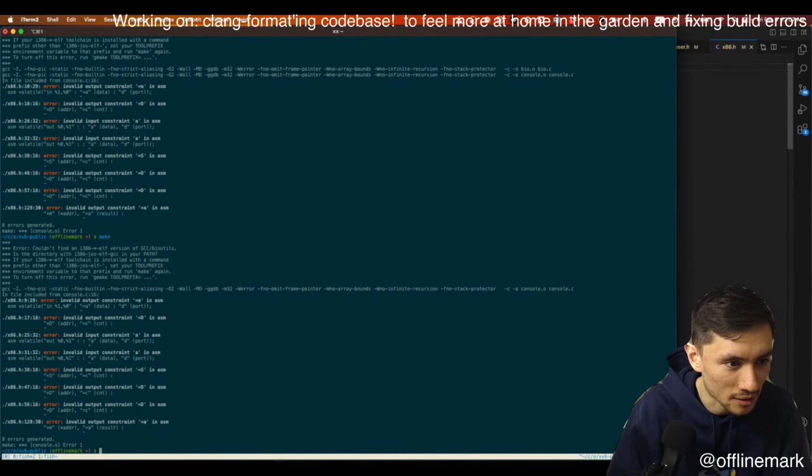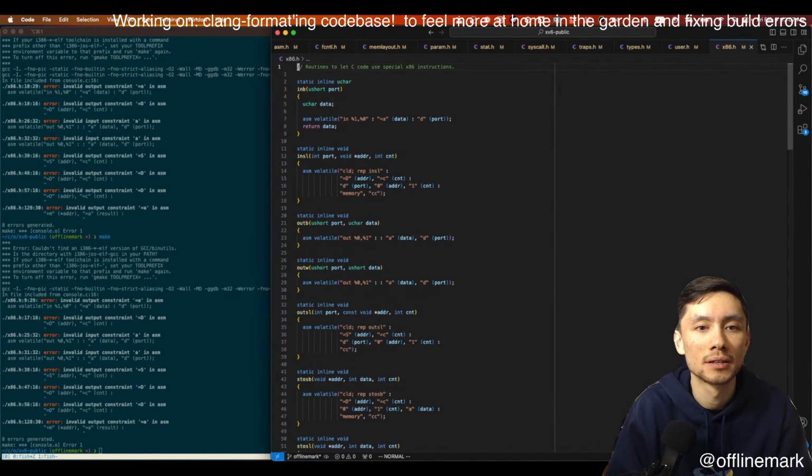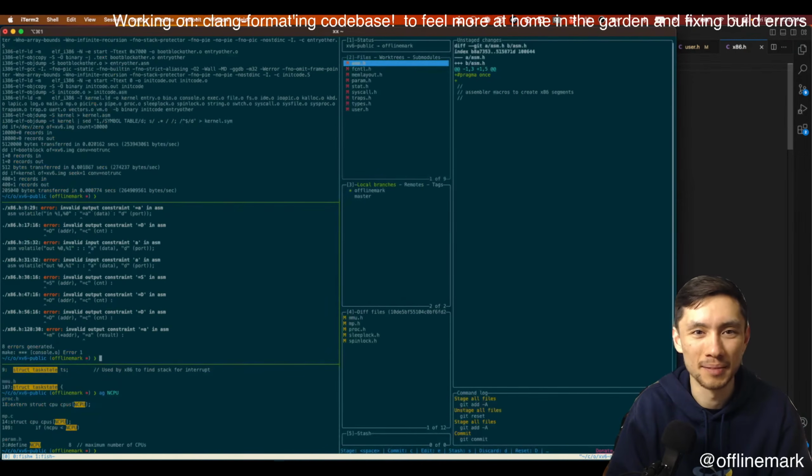How did I mess this up? It just built, right? Invalid output constraint.